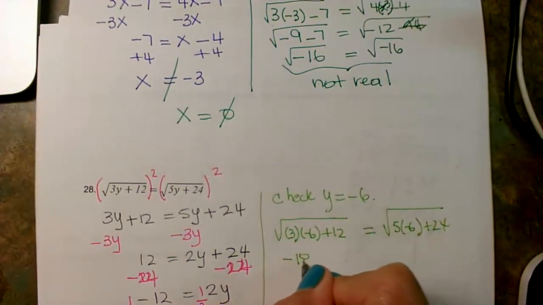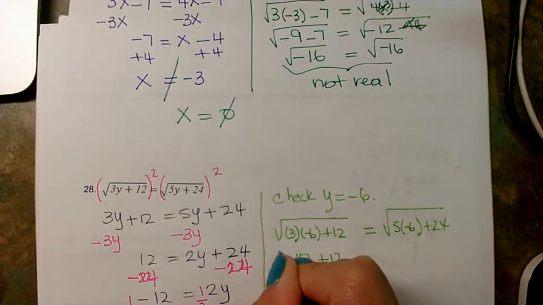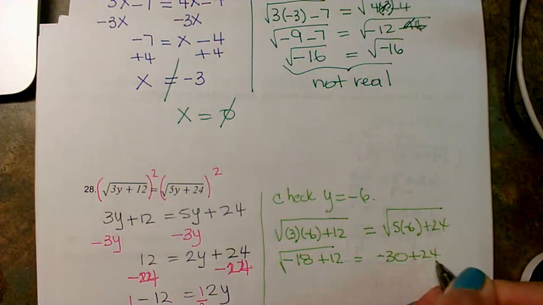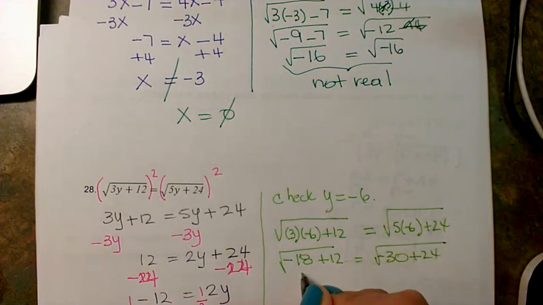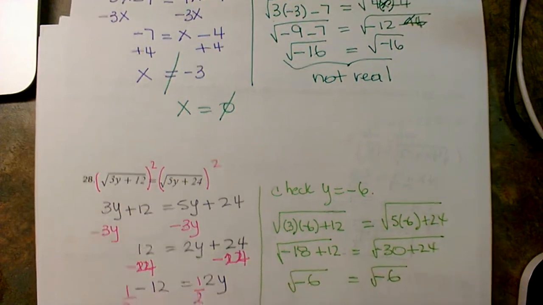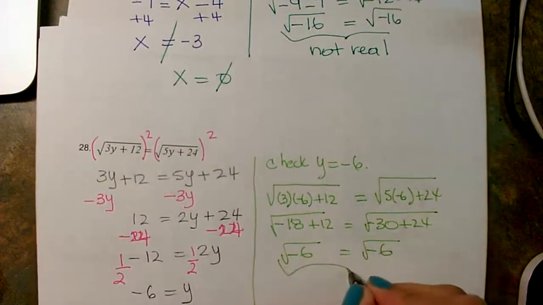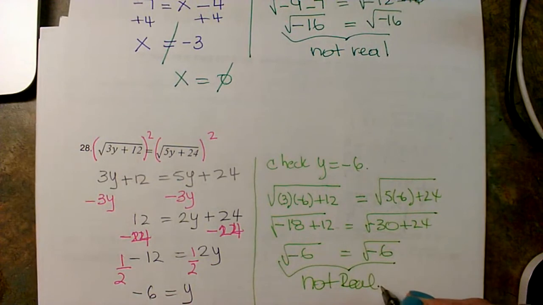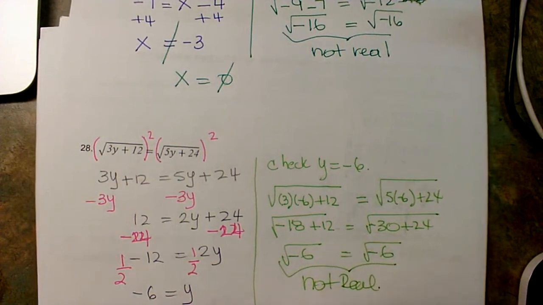That will be 18 plus 12. This is 6, right? And what did we say here? Not real. So my answer is going to be